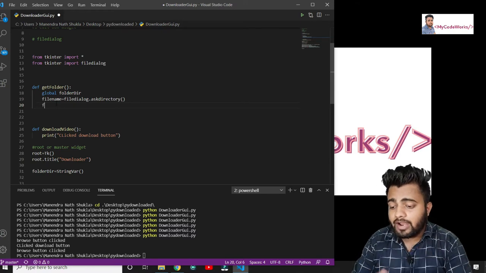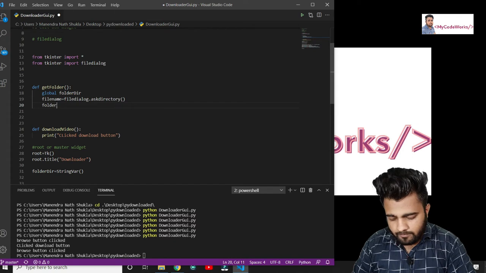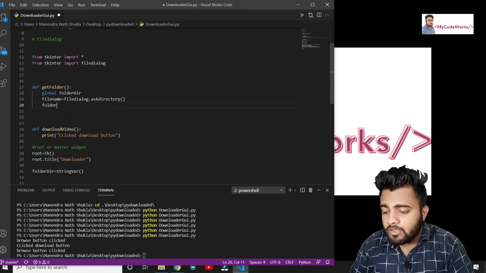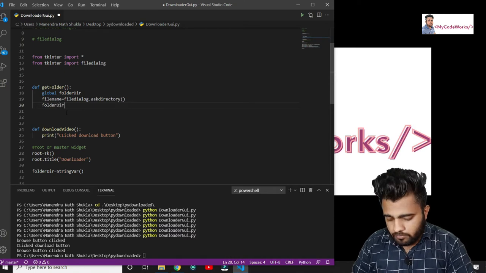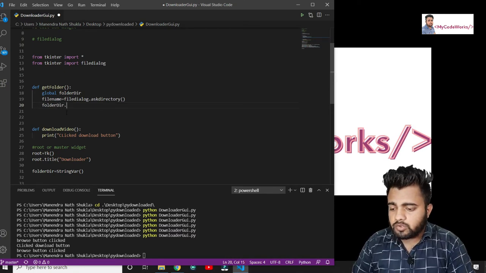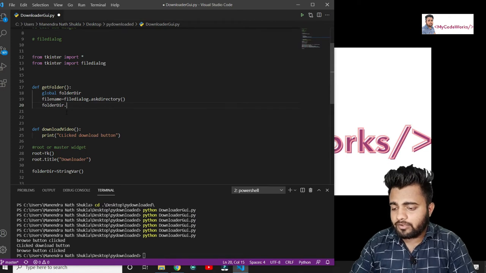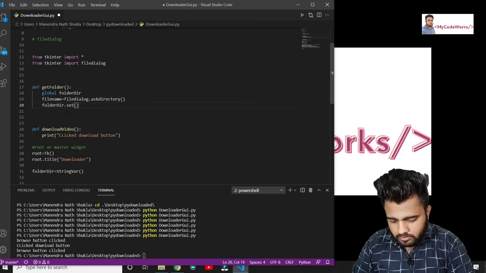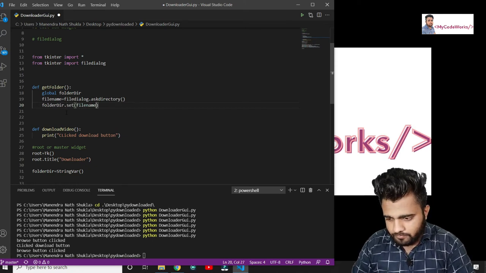In order to do that, we are going to just use the folder directory, because we already have access to it using the global variable. Now we are going to set this variable to the file name we have just got from askdirectory. So folder directory dot set, write this one, file name.